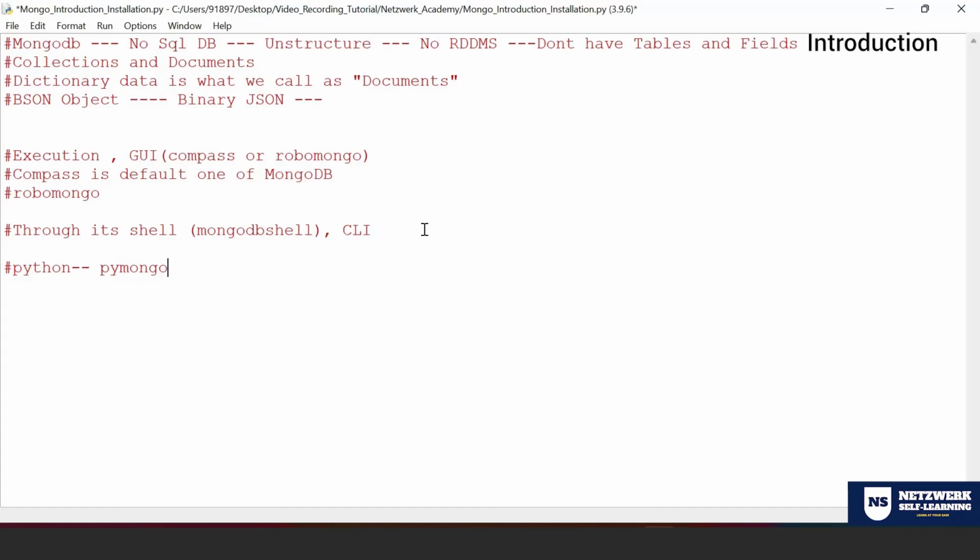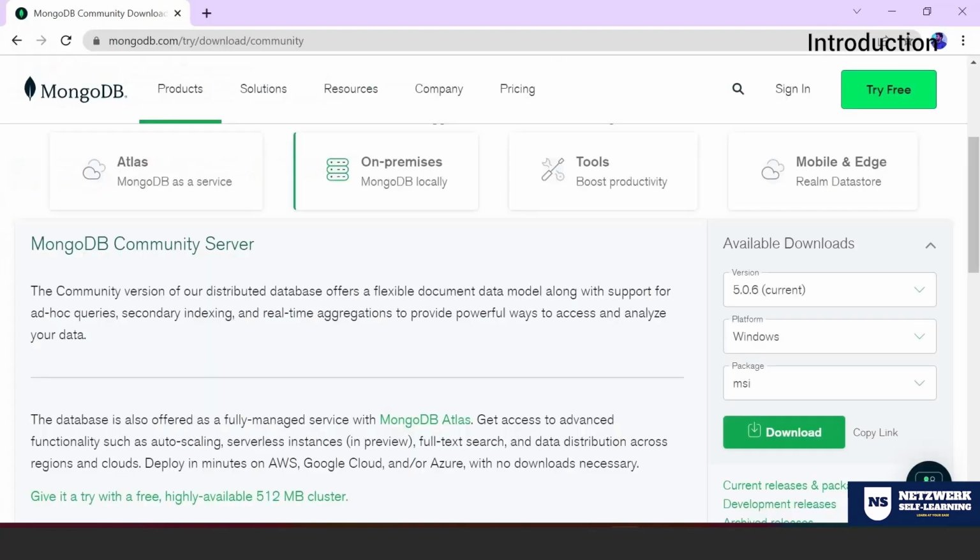So what I'm going to do right now is take you step by step through the download as well as installation of Mongo, how to execute the code on Compass, how to open a CLI, and also how to execute the code in Python. To do all this, what is the basic thing we're supposed to have? We need to have MongoDB installed in our system. So let us head straight back to the